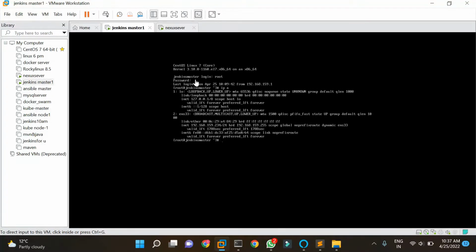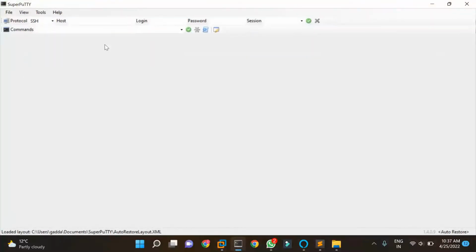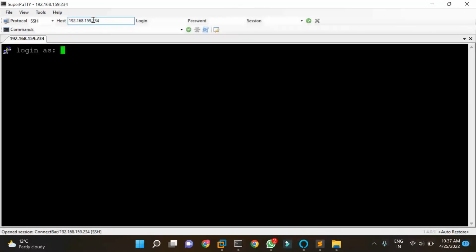So IP address of this is 192.168.159.234. Now type login ID as root,